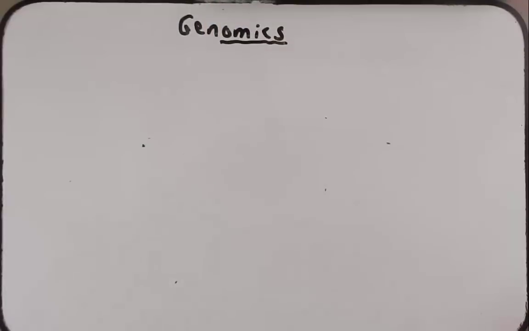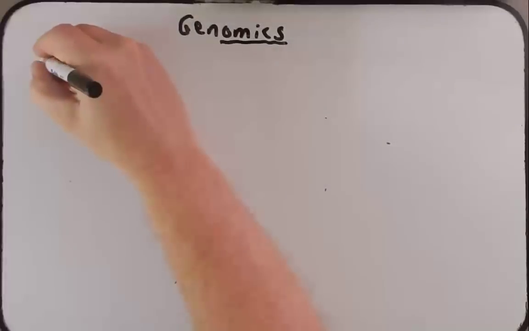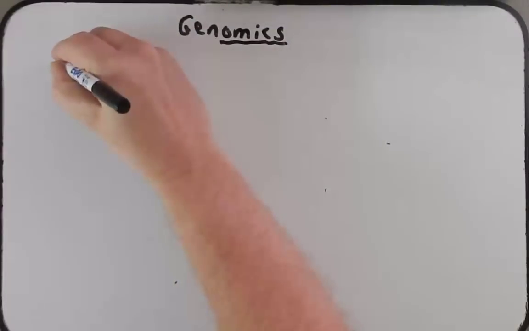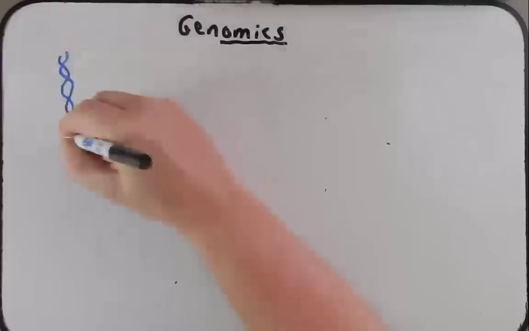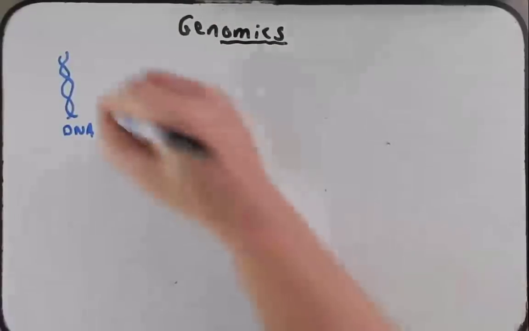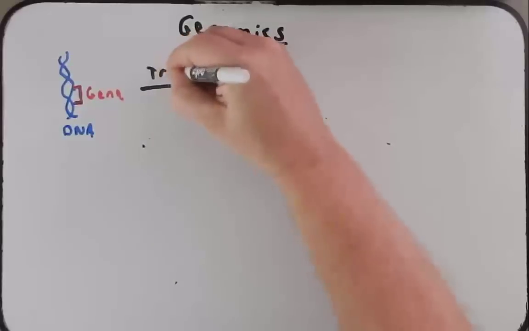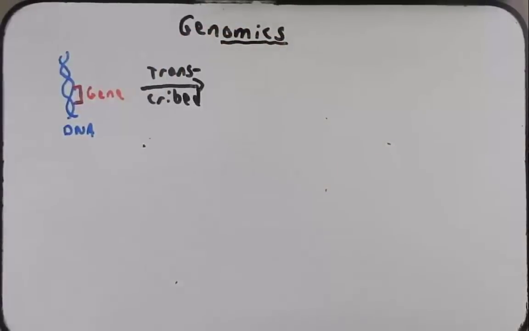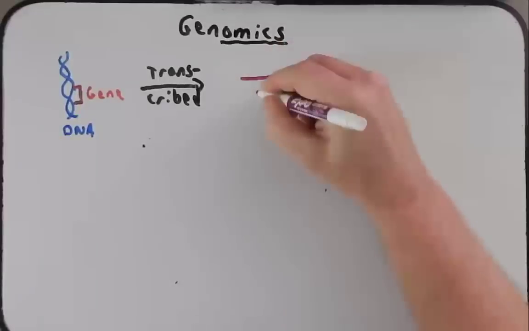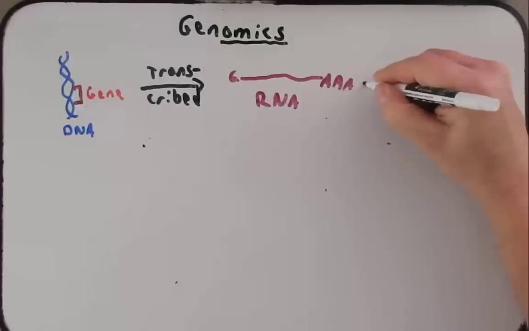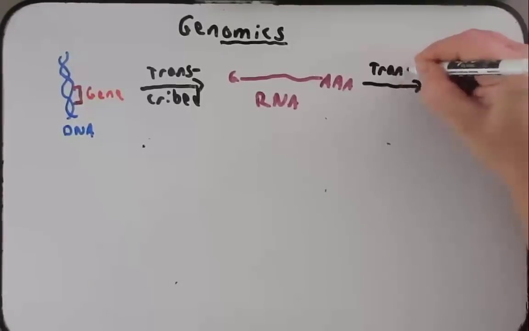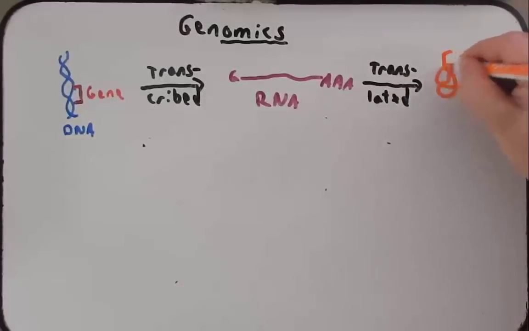This is really perfectly timed at the end of the course to talk about genomics, because genomics is kind of bringing everything together that we've learned. Remember, as the semester has gone on, we talked about how nucleotides came together and formed a double helix, the DNA molecule. And we talked about how on this DNA molecule there were certain genes, and how this gene could be transcribed into an RNA molecule. And then we talked about how this RNA molecule could be translated into a protein of various shapes and sizes.